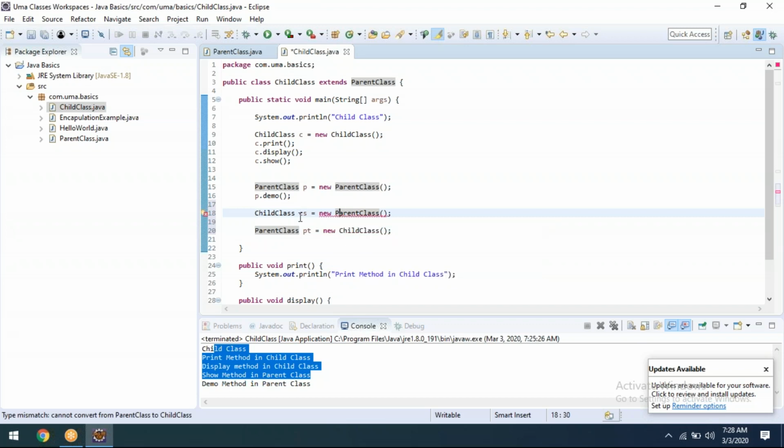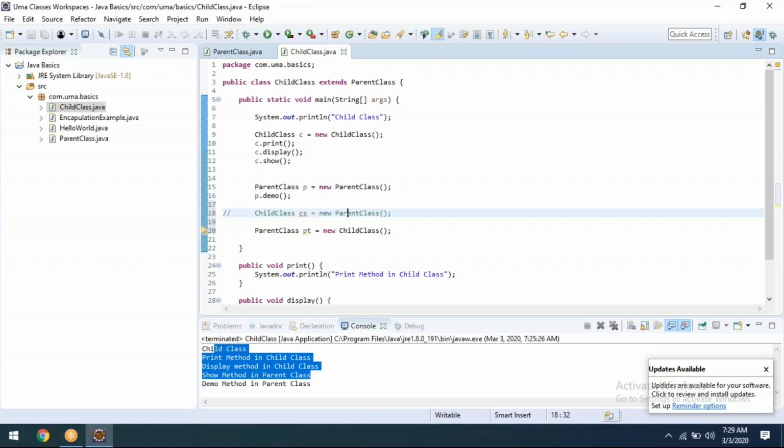Here, how can we say which one is creating an object? Here we are trying to create an object for the parent class. Here we are trying to create an object for the child class. How do we know that? See, after the equal to the new keyword, if you are giving the parent class, we are creating a parent class object. If you are giving the child class, you are creating a child class object. So based on the child class, we are not able to create the parent class object. Clear?